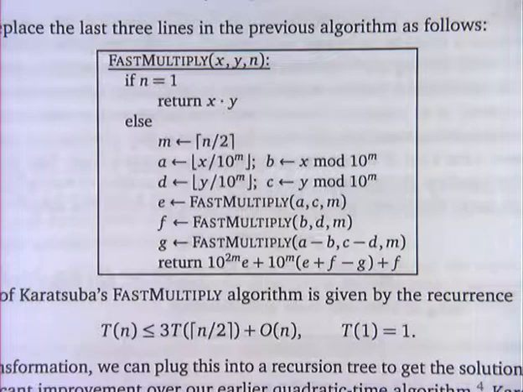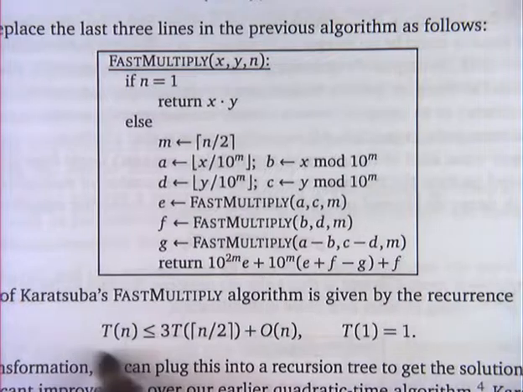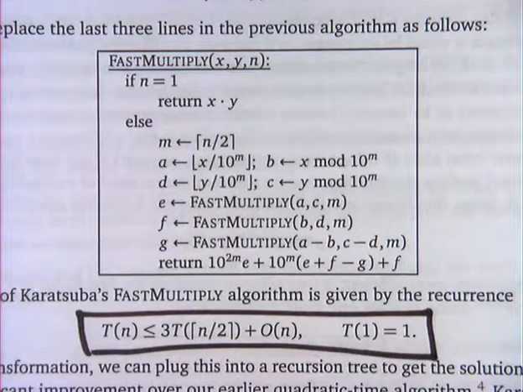Okay. And the running time of this algorithm is now governed by this recurrence. It's not 4 calls to a subroutine with input size n over 2, it's only 3. Now there's some additional non-recursive time involved in doing the additions and subtractions to get everything to work out, but that's all together going to take me only linear time. There are like 5 additions and 3 subtractions in there. Each one of those is going to be another linear time operation, but there are only a constant number of them, so it's all linear.